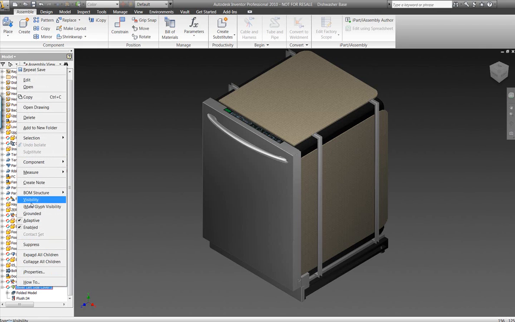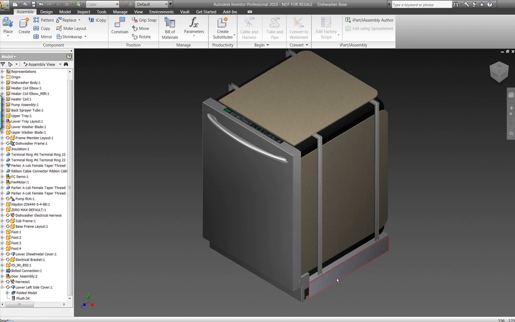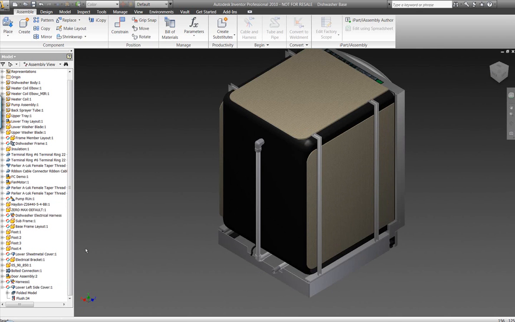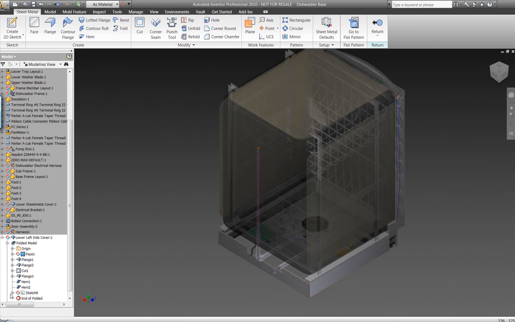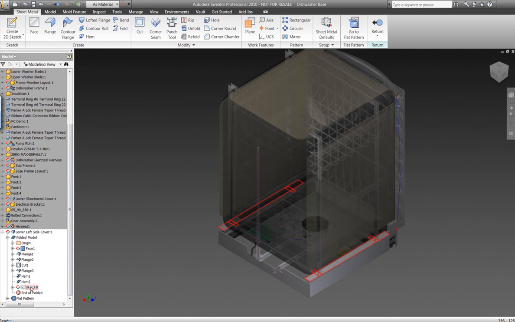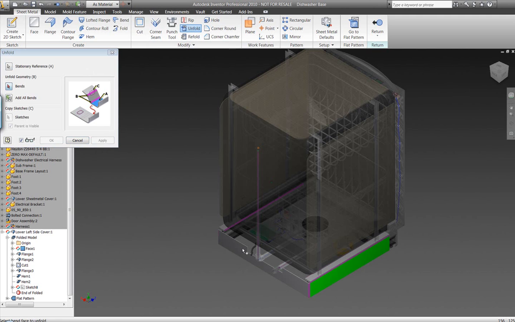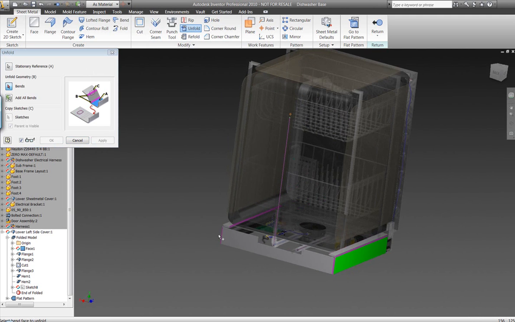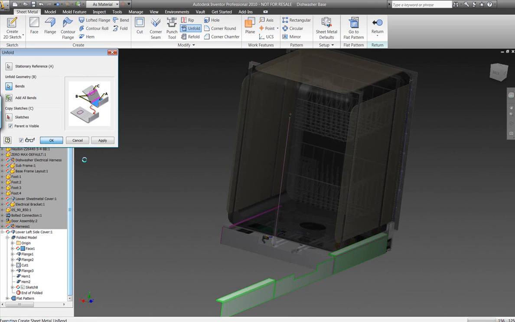Alright, what we're going to focus on now is sheet metal functionality within Autodesk Inventor. Autodesk's Inventor sheet metal functionality has come a long way since its beginning stages. Inventor sheet metal capabilities are extremely competitive against products like SolidWorks, Pro Engineer, Solid Edge, these different three-dimensional tools on the market. Inventor's sheet metal functionality now surpasses some of the abilities that we have in those other tools, including